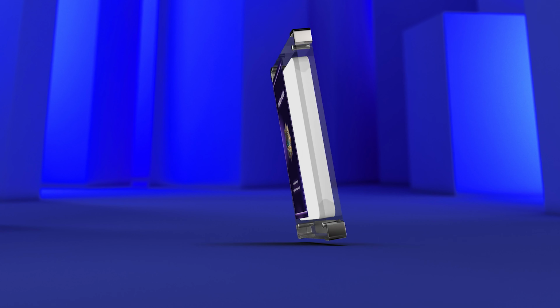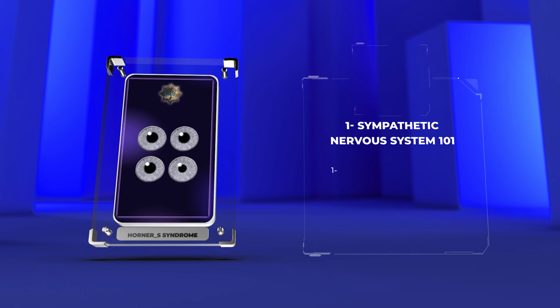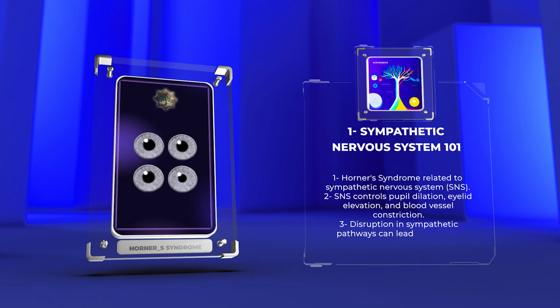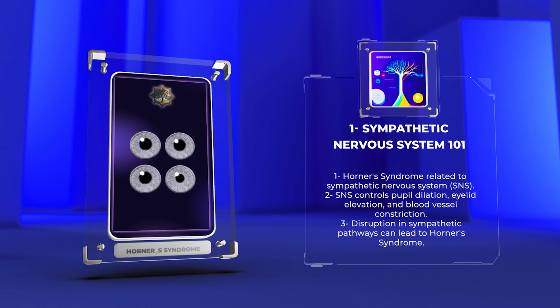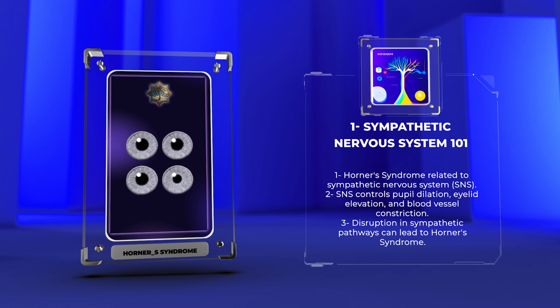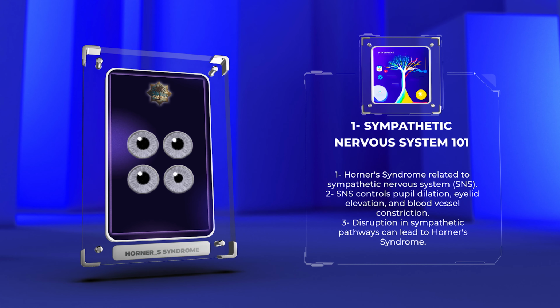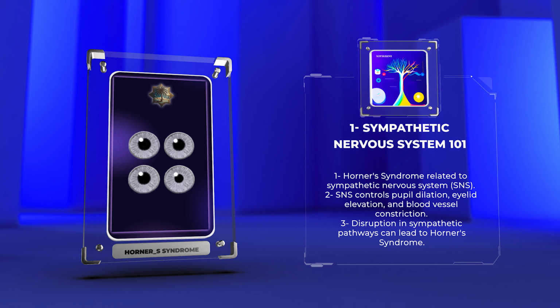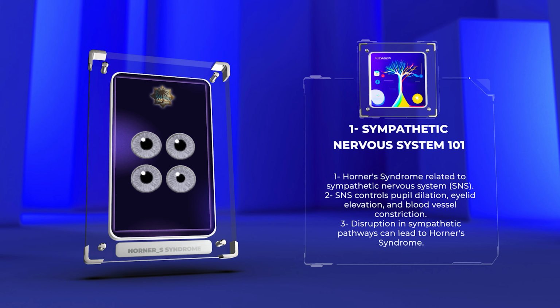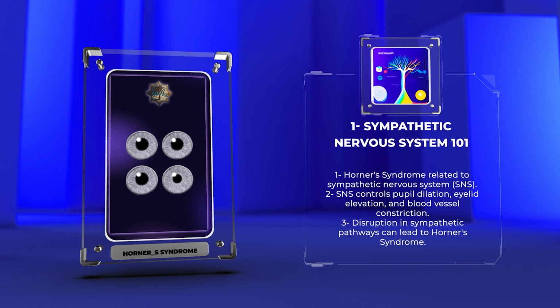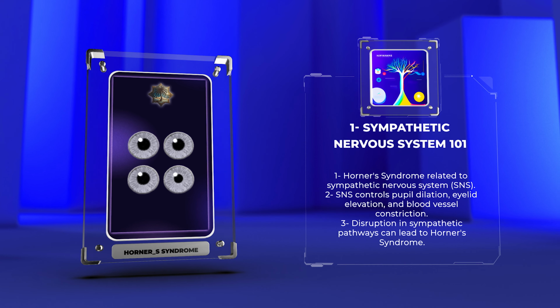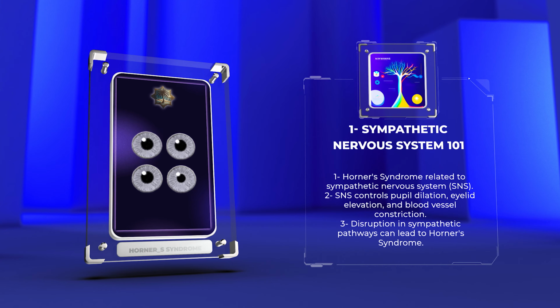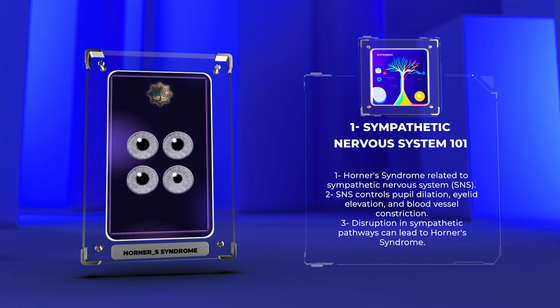To comprehend the essence of Horner's syndrome, we must first grasp the fundamentals of the sympathetic nervous system, SNS. The sympathetic nervous system, or SNS, is a division of the autonomic nervous system responsible for regulating various physiological responses during stressful situations, commonly known as the fight or flight response. The SNS controls the dilatation of the pupil, elevation of the eyelid, and constriction of blood vessels, among other vital functions. Understanding these mechanisms is crucial, as any disruption in the sympathetic pathways can lead to the development of Horner's